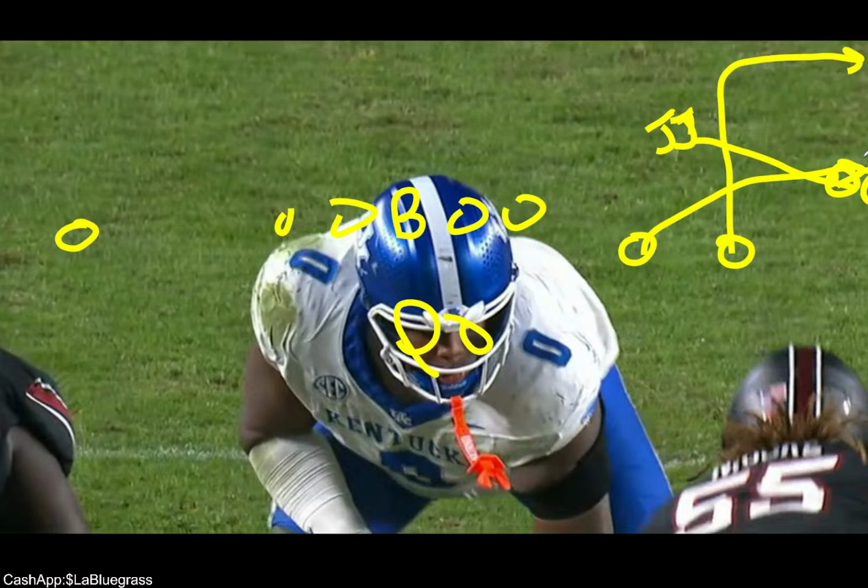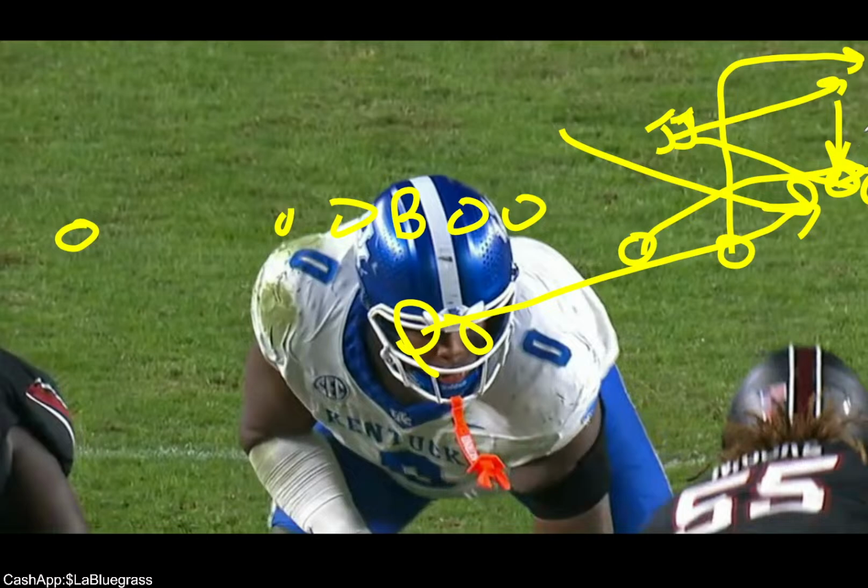In essence, as a defense, you want JJ to get here and make him throw it here, and then we rally and make a tackle. That's what a flat magnet is. JJ was driving on this arrow route instead of playing from deep to short.